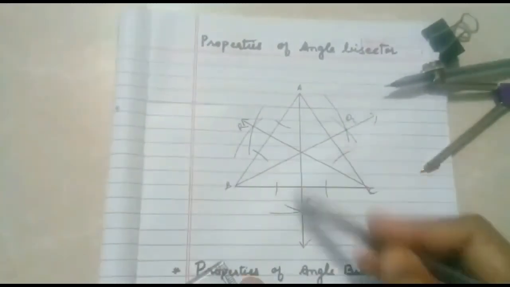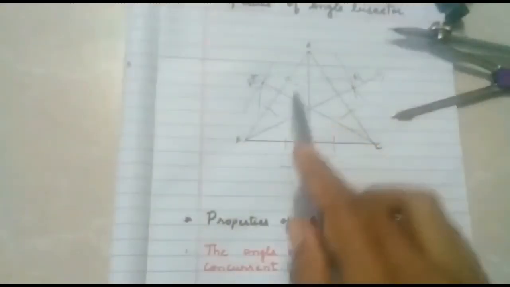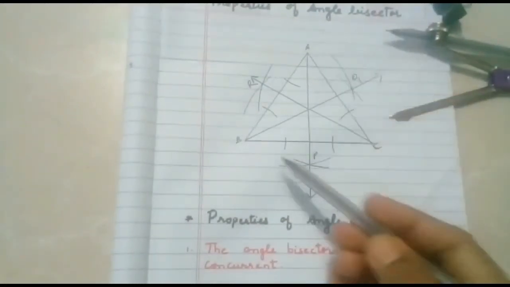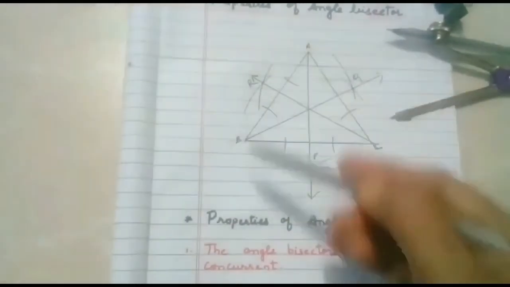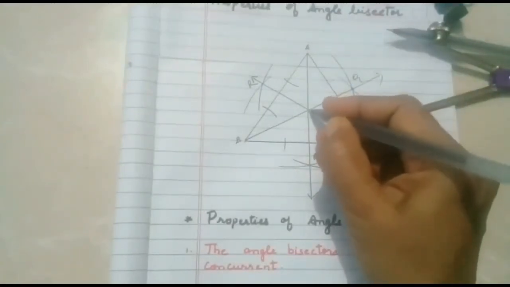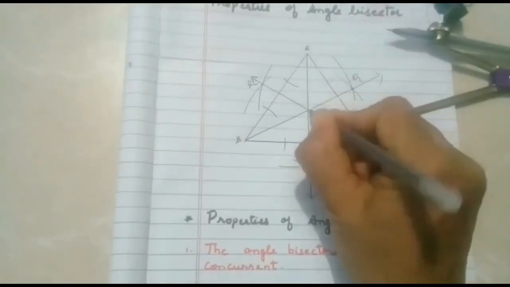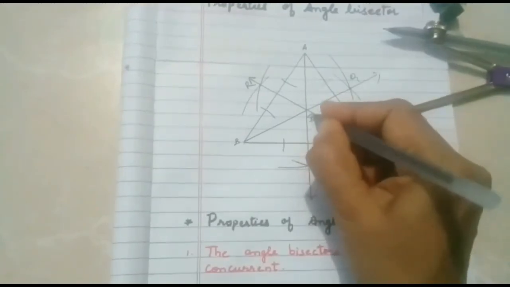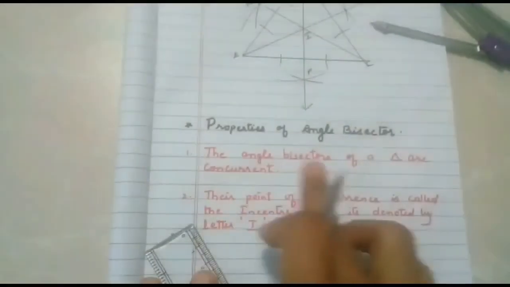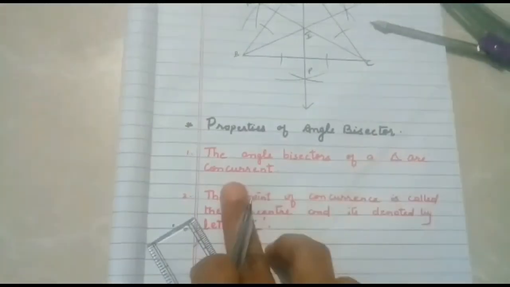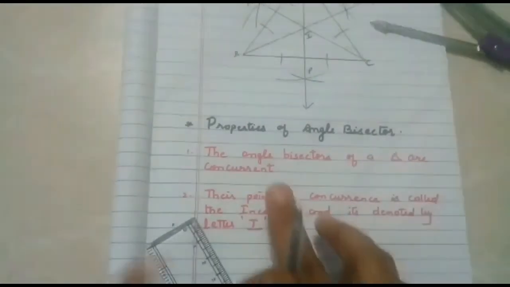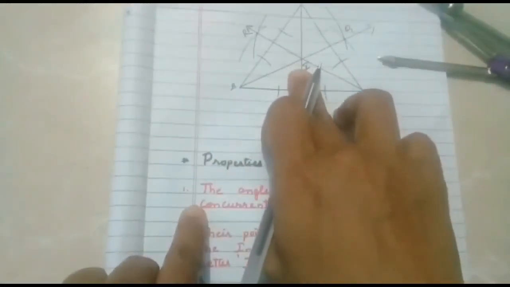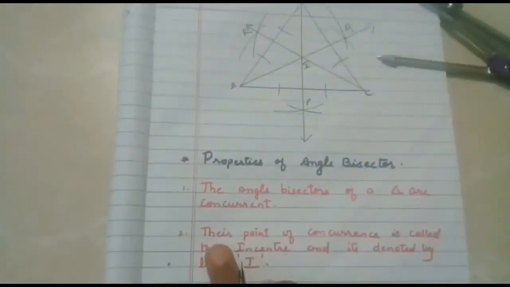You'll see, children, that the angle bisectors of angle A, angle B and angle C all meet at a common point I, which means that the angle bisectors of a triangle are concurrent. It means all the lines meet at the same point. The second property is their point of concurrence is called the incenter and it is denoted by letter